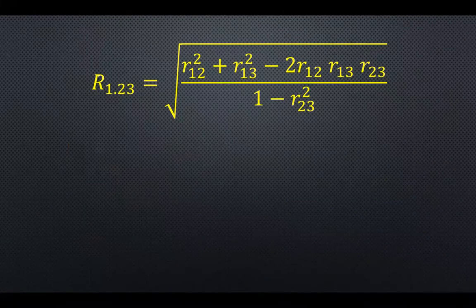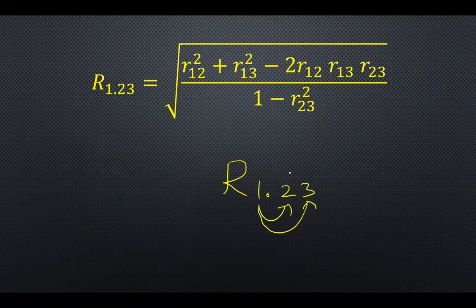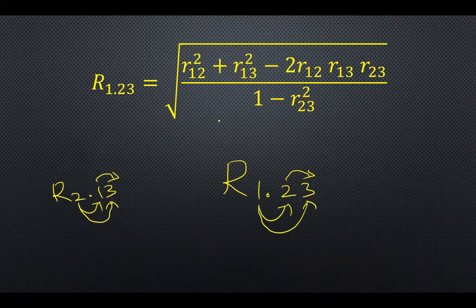R1.23 is the correlation coefficient, now the multiple correlation coefficient. Now you just listen like this, R1.23. Now how all these values are taken, you see here, 1 and 2 I am taking, then 1 and 3 I am taking, then 2 and 3 I am taking. Just you have to write like this. So if R2.13 is given, I'll have to write 2 and 1 you take first, 2 and 3 you take next, and then 1 and 3 you take next. That's how you will remember this formula. Okay, so this is the shortcut for how to remember the formula.